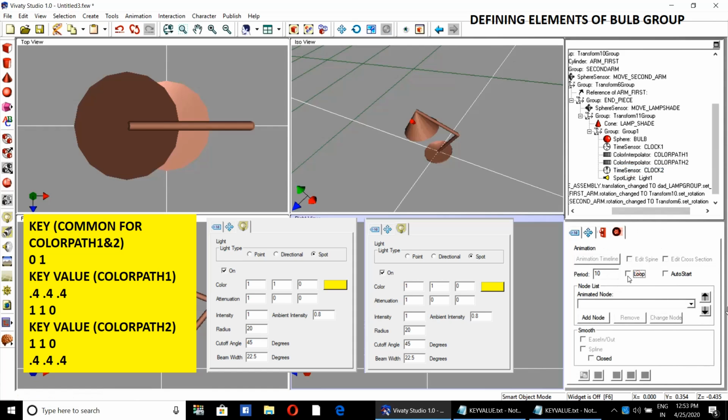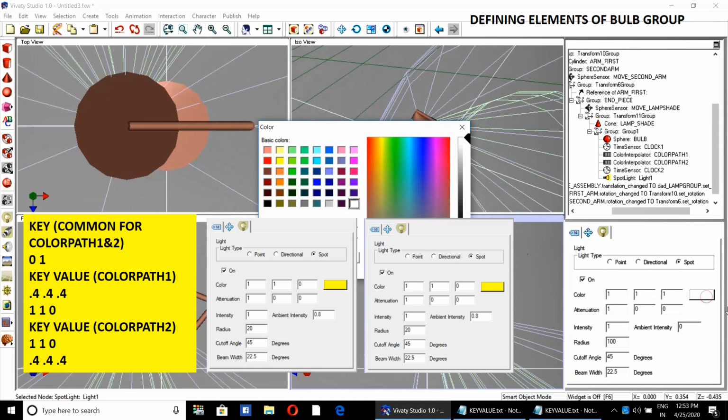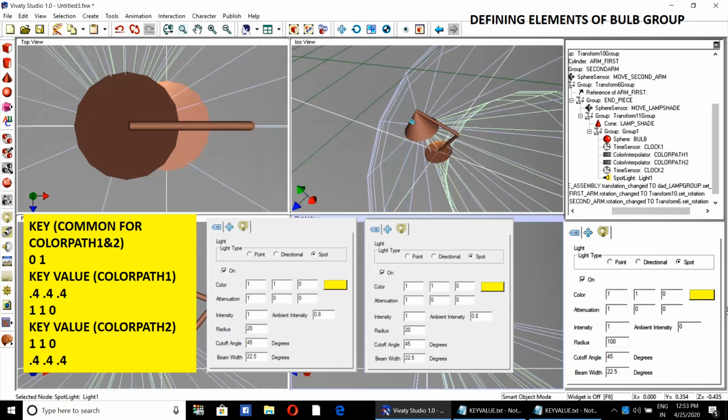Now make the time sensor 0.5. Then for the spotlight, we will select yellow color. We want the coordinates as 110 for yellow color. 110 is perfect.